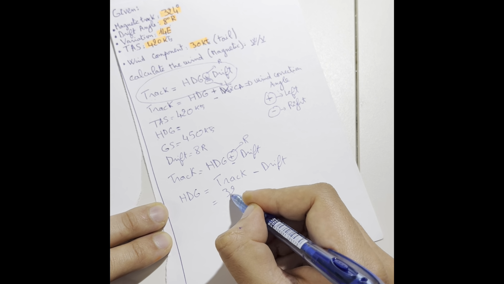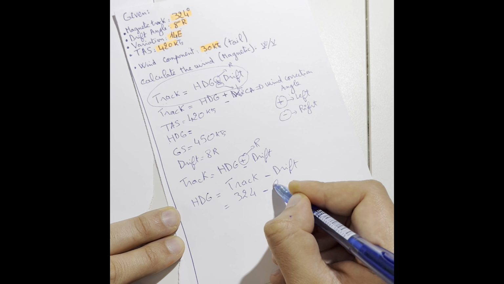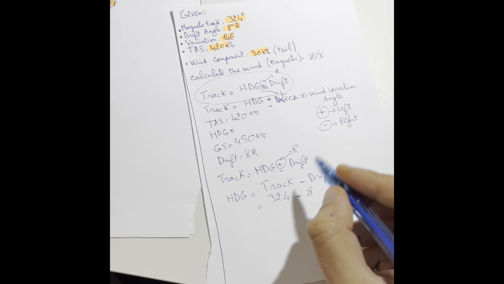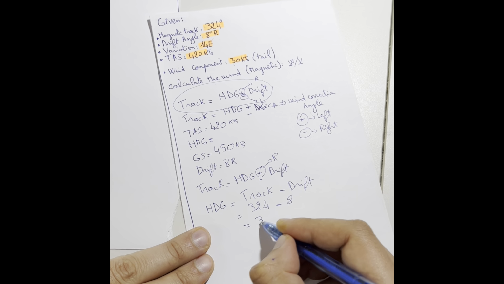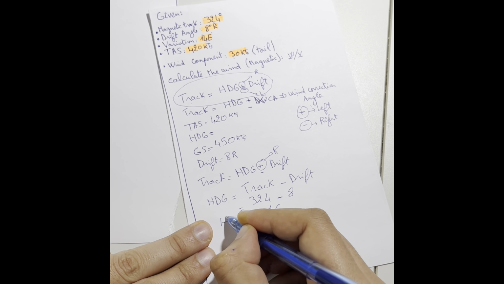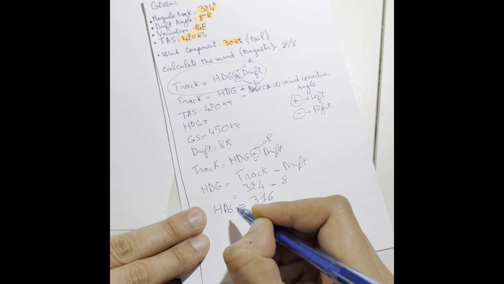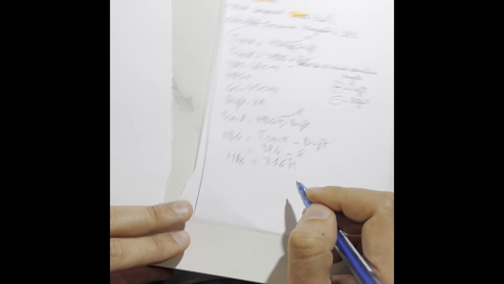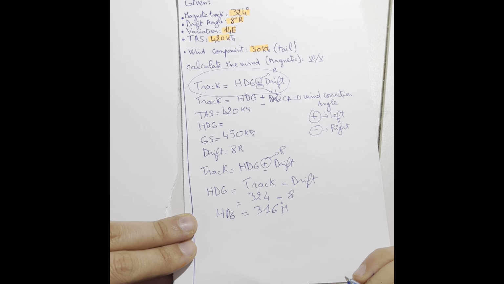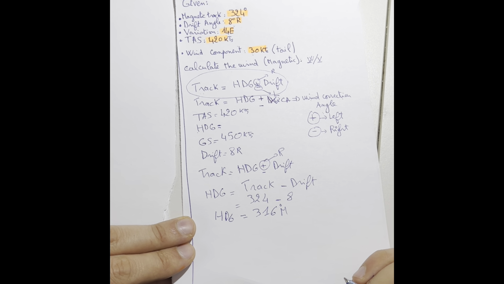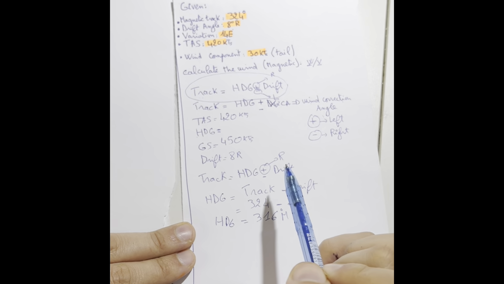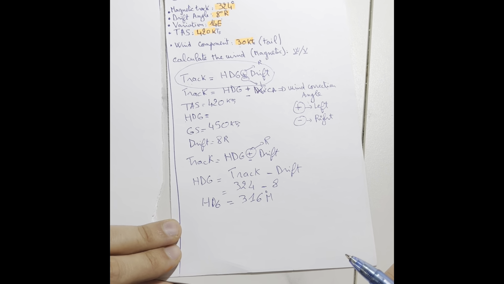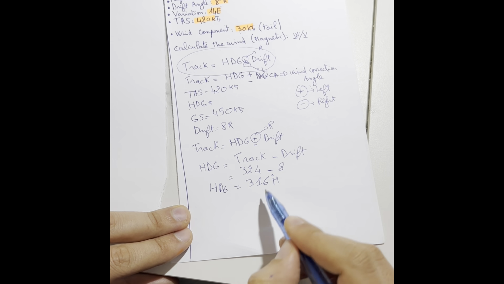We have a track of 324 minus 8, and that gives us a heading of 316 magnetic. Everything in this exercise is magnetic, so we keep it magnetic. And also they asked us for a magnetic wind velocity and wind direction. So now we have the heading, which is